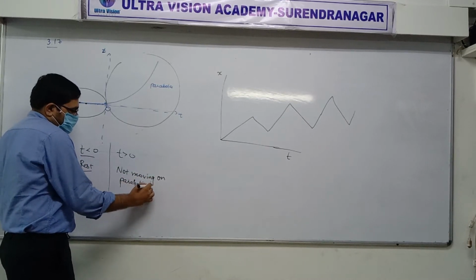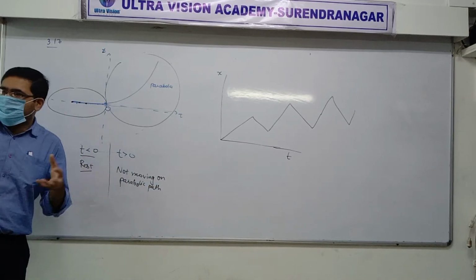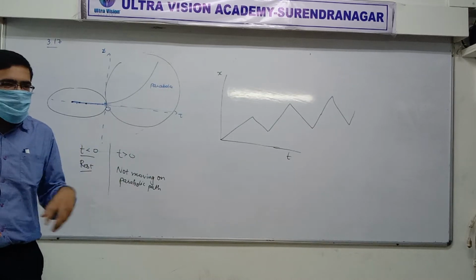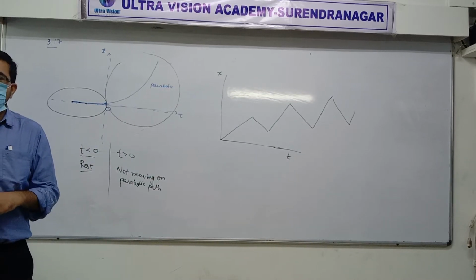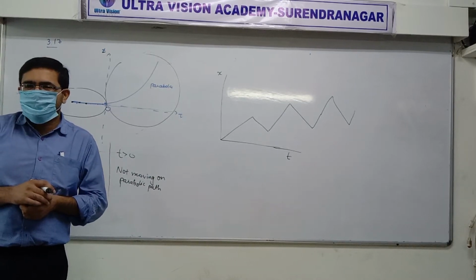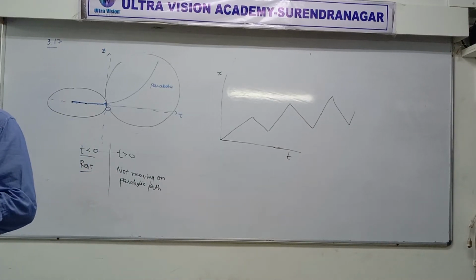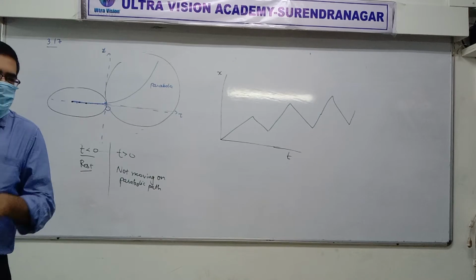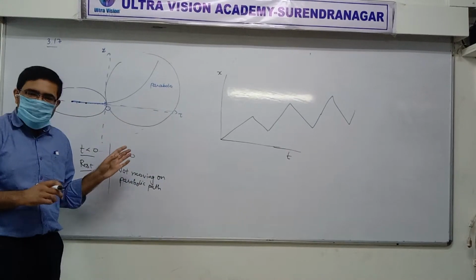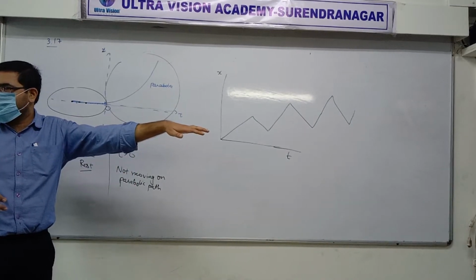So why parabola? If it's not moving on parabolic path, then what kind of path is it moving? Is it moving on a circle? Is it going on a straight line? One dimension is given in the question. Read it carefully. First line. Figure shows xt graph for an object in one-dimensional motion. Did you understand? The particle is moving on a straight line. Did you get it? It's not going on a parabolic path. It's moving on a straight line path. Did you get that? Yes.